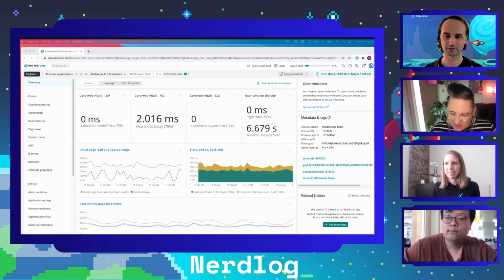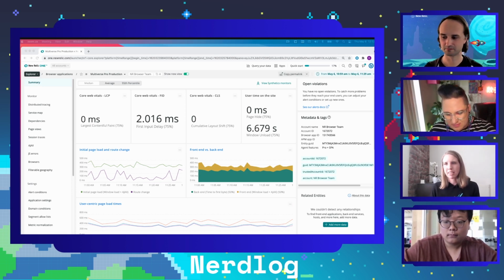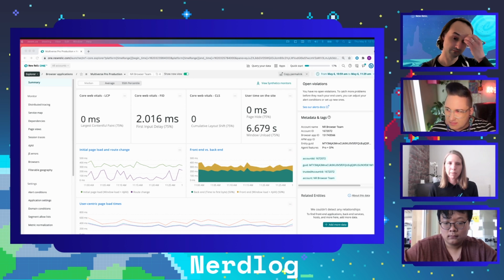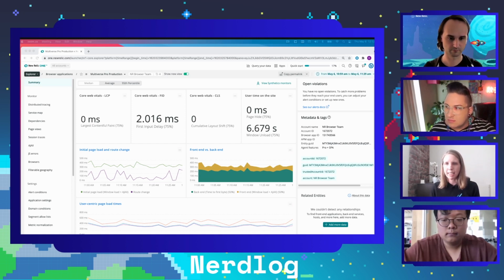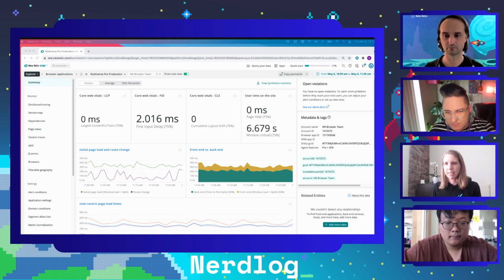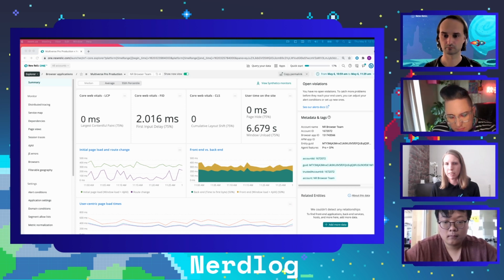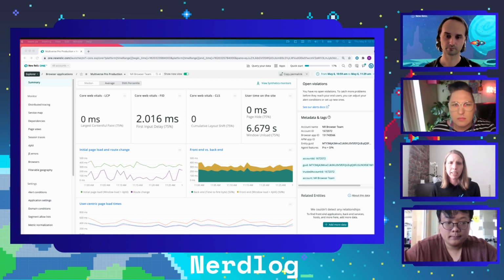One is if you're already using one of our language agents, say you have a Python application already. What's pretty neat about that is that the browser agent will automatically inject into your application. So you're getting that for free. So it's really simple if you're using one of our other language agents. Otherwise, I'm sorry. Go ahead. Yeah, there's also a second option. You can also copy and paste the code into different pages on your site. So there's another way to do that. And we can certainly